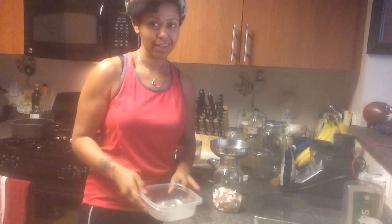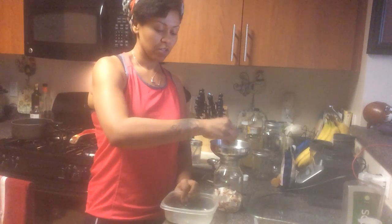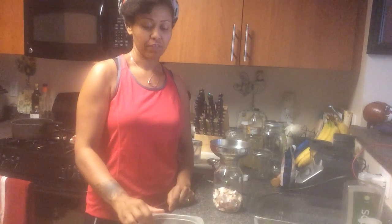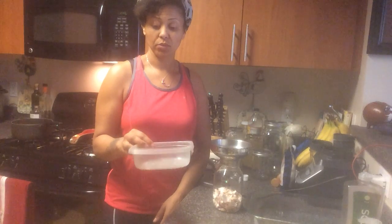Let me tell you what I did with these eggshells. All I did was peel my eggs for my egg ferment. Took the eggshells and just put them in this plastic container. I left the lid off for like a day, and then I just put the lid on. I just let those eggshells dry. The more dry they are, the more brittle and easier to